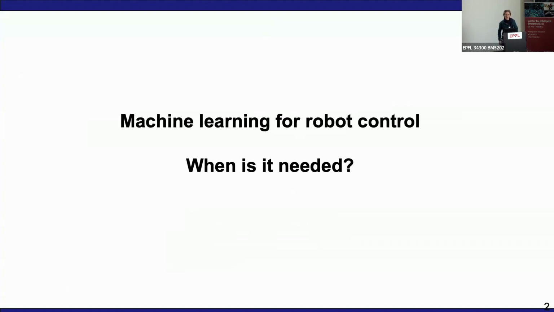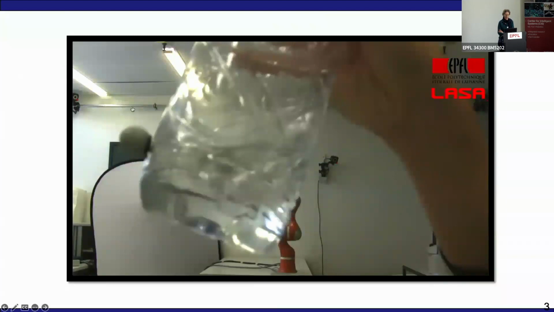We do use machine learning in robotics. There are different ways of doing it. I like first to motivate why we're doing it in my group in particular, because we tend to be more control oriented, so more theoretical. But then lately we've faced that there are a number of things that you cannot explicitly write. And as an example, this is a typical thing that is very difficult to